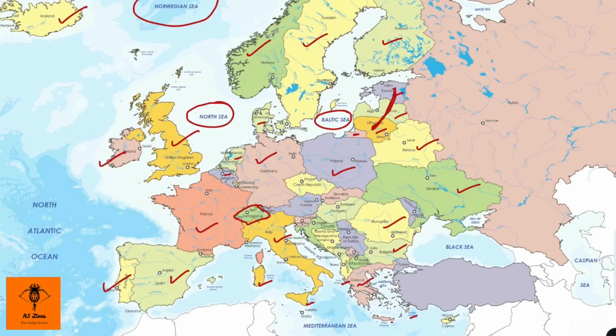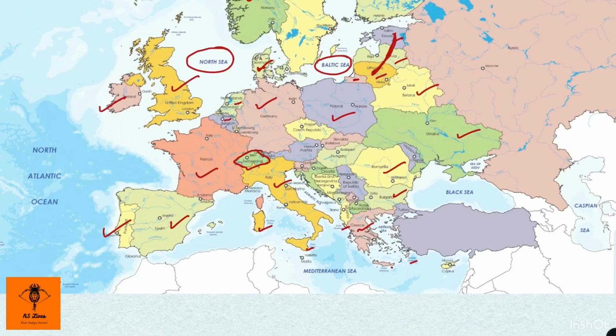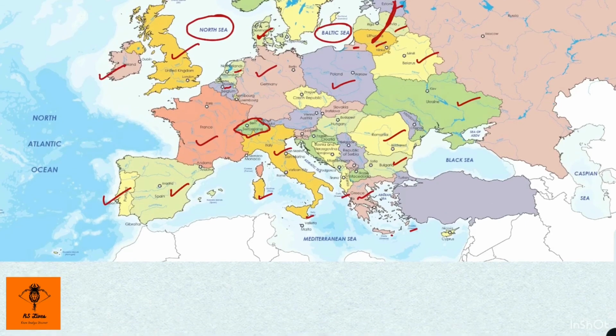Now we have Norway, Sweden, Finland. These three countries form the Scandinavian countries. These three countries fare very good in all the human development indicators as well as governance indicators. And we have Denmark also. Norway, Sweden, Finland, and Denmark. These four countries are known as Scandinavian countries. Poland, Germany, France are very important from the point of view of world wars. These three countries, and of course United Kingdom is there. So remember these three countries placement.